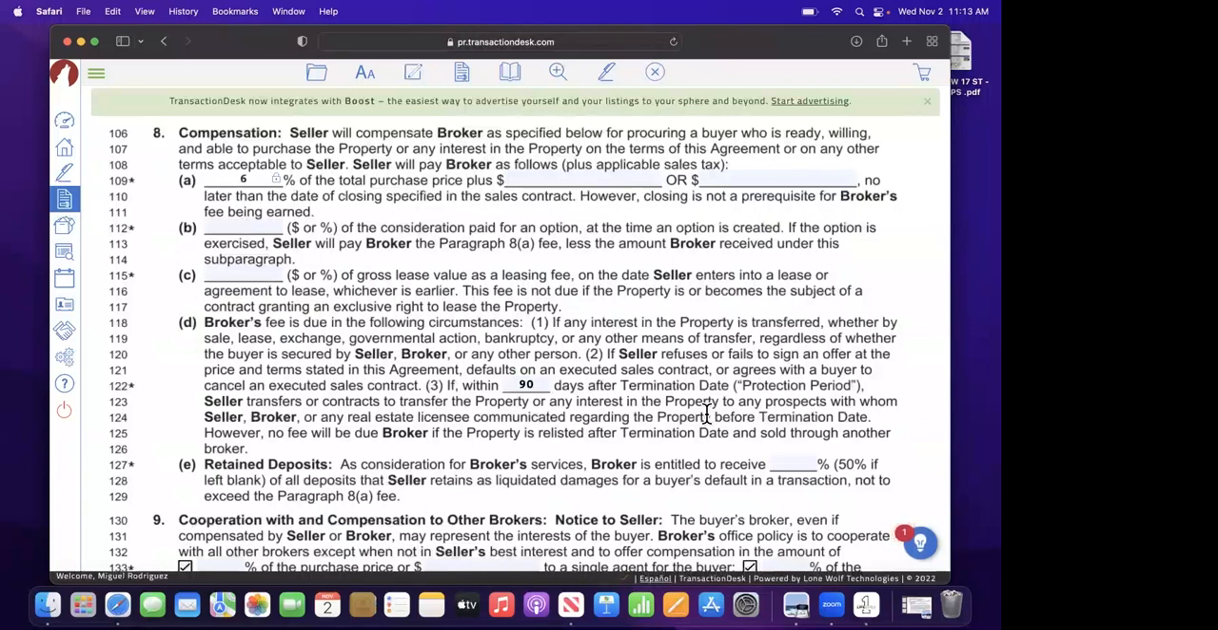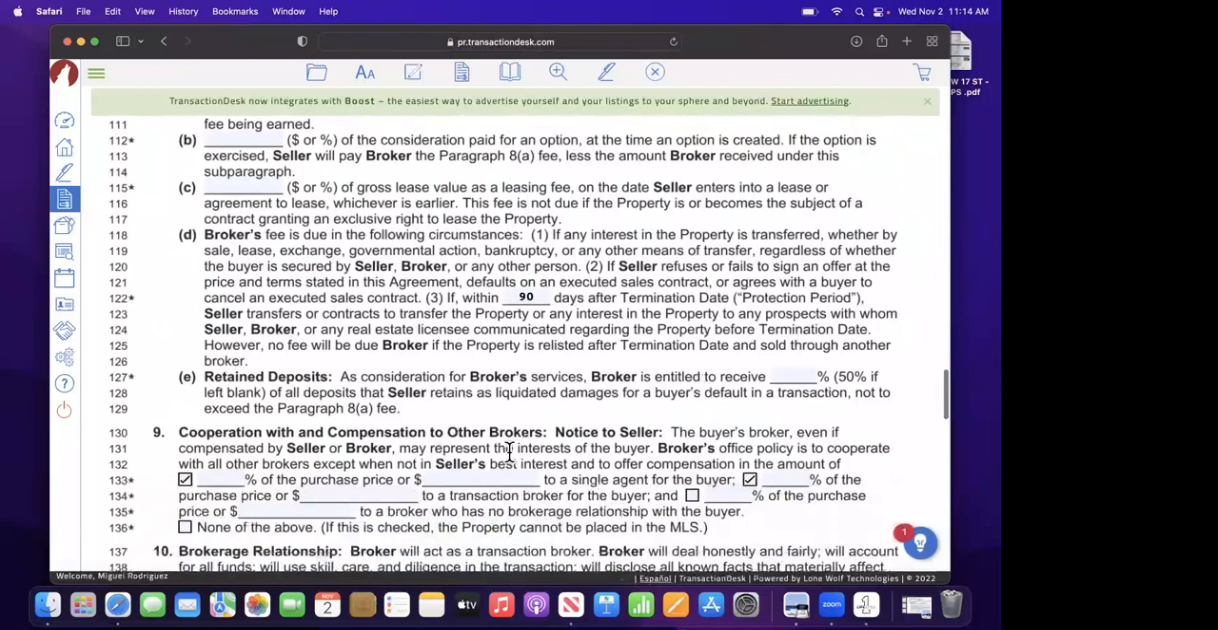Okay. Now, if the broker has an agreement on the purchase with another agent on the contract, that agreement with that agent has to revert back to this listing agreement. Okay. So here's cooperation with compensation to other brokers. Notice the seller. The buyer's broker, even if compensated by seller or broker, may represent the interests of the buyer. Broker's office policy is to cooperate with all brokers except when not in the seller's best interest, and to offer